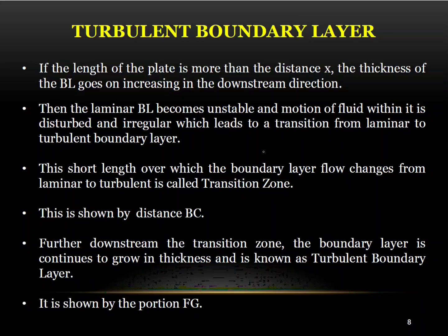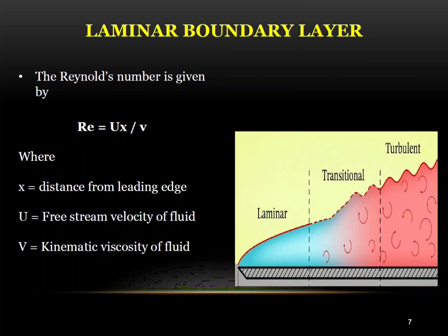So what happens, it changes its shape into an irregular motion, meaning it's trying to convert. If you see the same figure, till AB it was laminar, and now since the fluid is continuously coming, this laminar boundary layer suddenly changes its nature, and it starts becoming turbulent. This change of zone from laminar to turbulent is called the transitional zone or transition